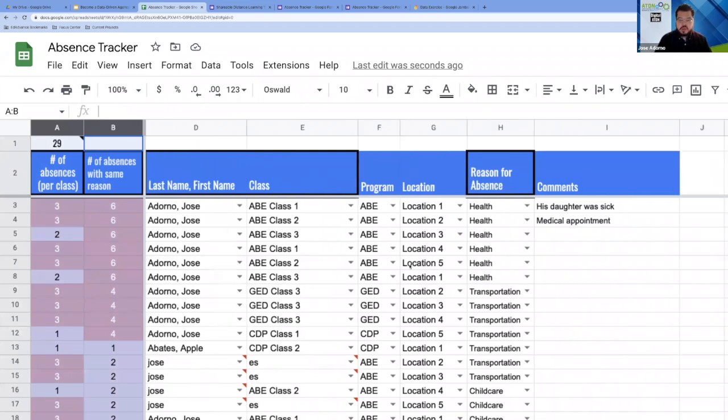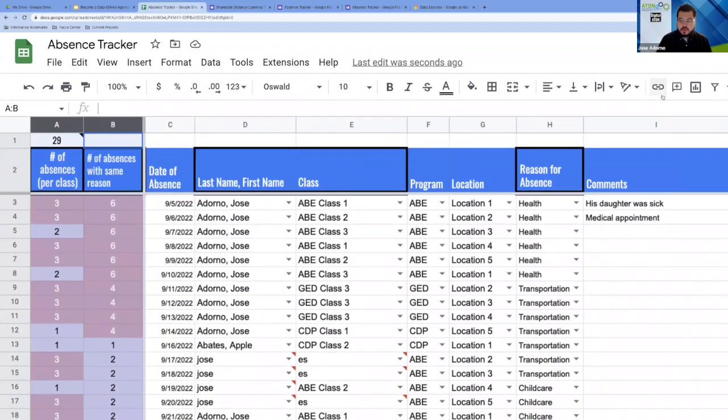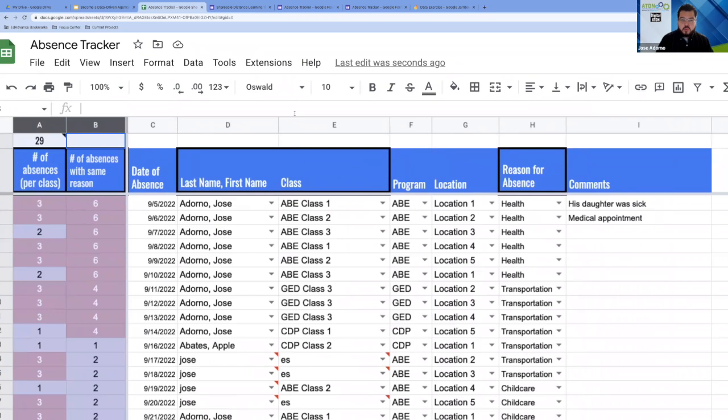The second we had was sort and filter. To access sort, you could go right here in the bar. You'll see this little filter icon, right? Now, if you click here,